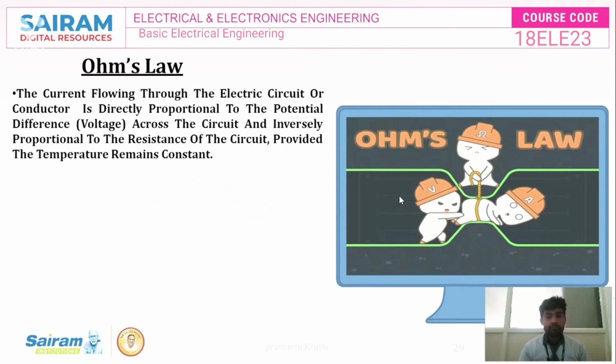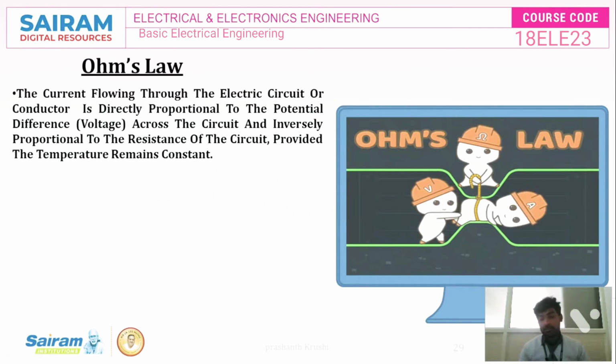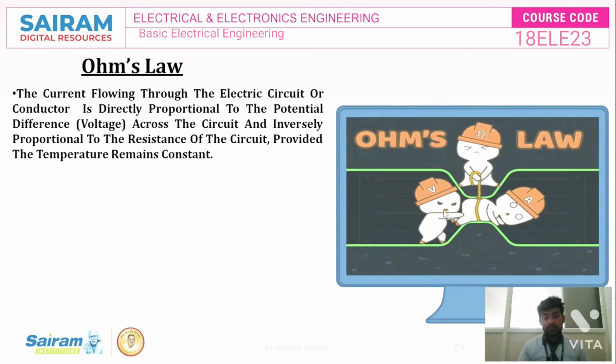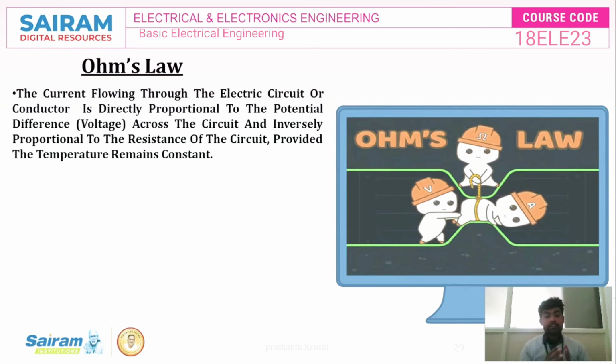As you can see in the diagram, it is a pictorial representation of Ohm's law. V is the voltage, the one who is pushing the current, in amperes, and the one who is pulling the rope is called the resistance, and current is flowing here. If current increases, voltage increases but resistance decreases. According to the equation, I is equal to V by R, where V is the voltage, R is resistance, and I is the current. This is how we explain Ohm's law.